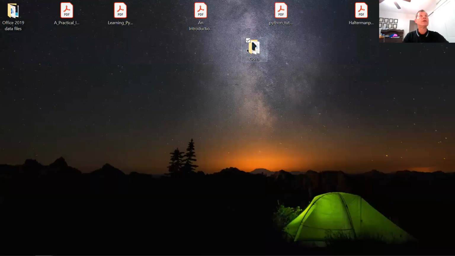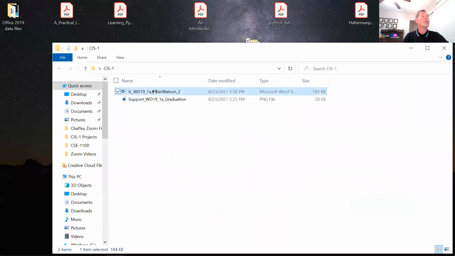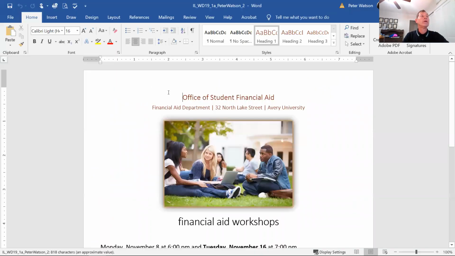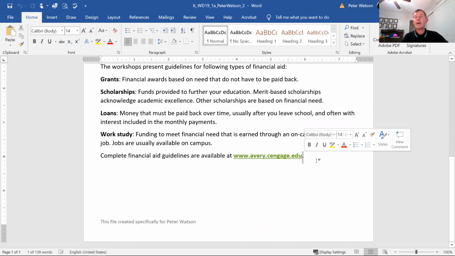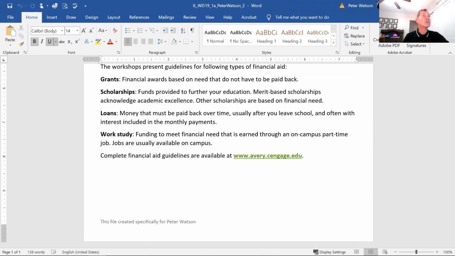Let me minimize here and go back to this and come down here. And yes, so be careful, right? The period should not be selected when you're adding your text effect or doing whatever it is that you're doing to it. Because in the instructions, it didn't say,